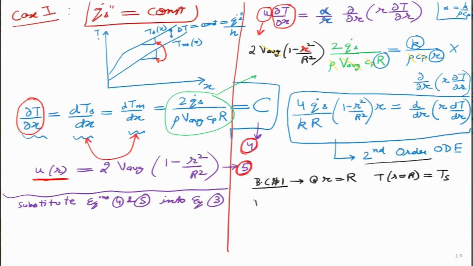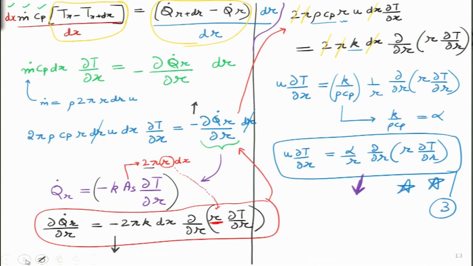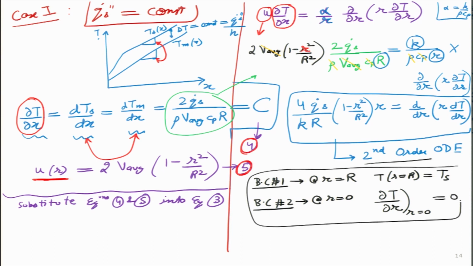Okay. Second boundary condition, maybe at the center I know because of symmetry. What will symmetry tell me? Let me go back. In this profile over here where I have put the question mark, even though I don't know the profile, the symmetry tells me that everything on the top is equal to everything on the bottom. So, the curve will be the same, which means the slope is 0 over there. So, I can write del T by del R, the temperature slope at R equals 0 is 0. This is because of symmetry. So, these two boundary conditions I have, and this ordinary differential equation, let me call this equation number 6.